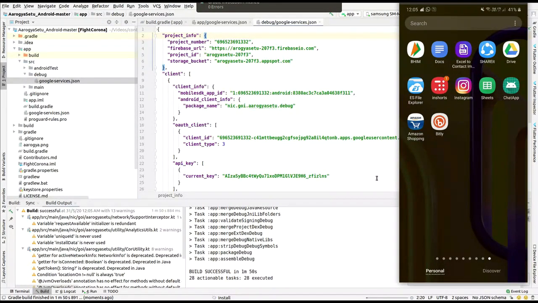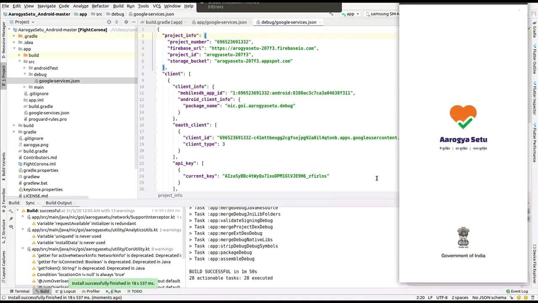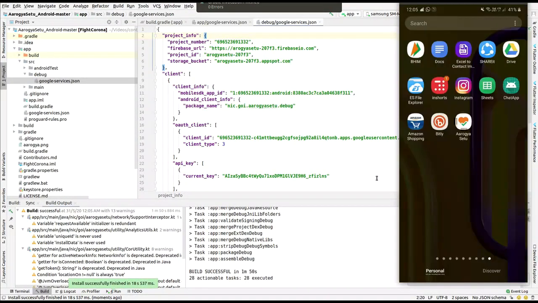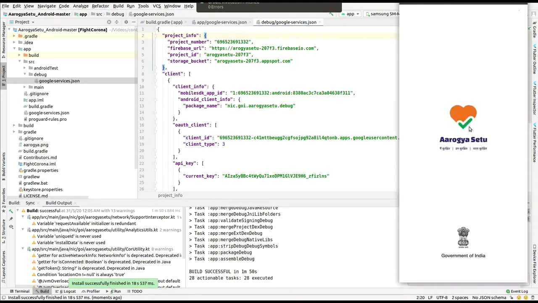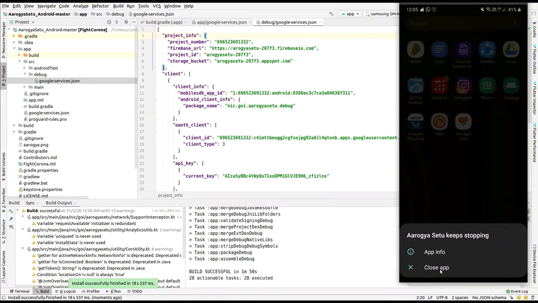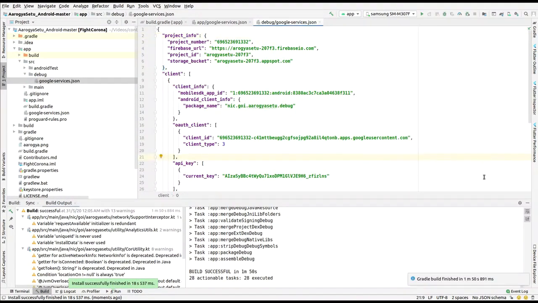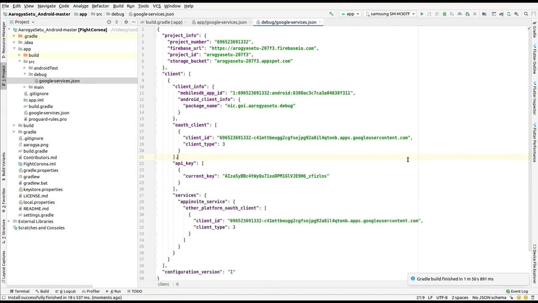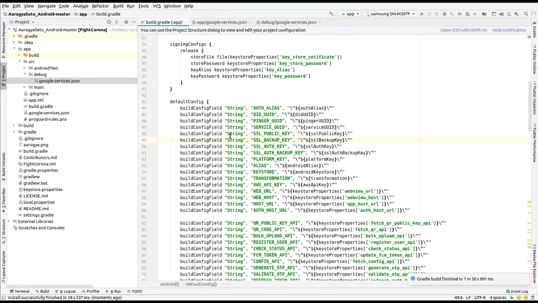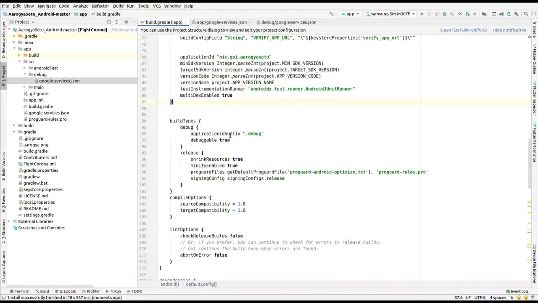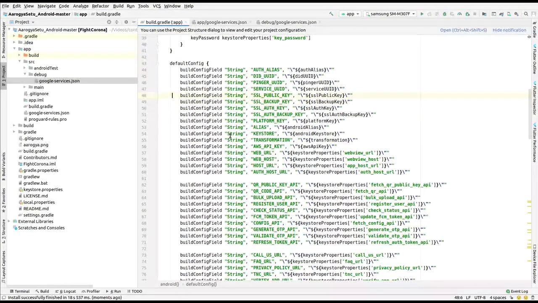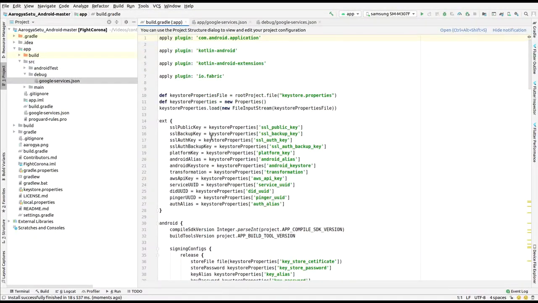The build is successful. Yeah, it has installed. Now see, yeah, the application crashed. I've already told you that the application will crash, and the reason behind this is some sort of configuration, the global configurations. The file that we have created, that is the keystore file, has some variables that are used as global variables for this project, and we have to give their values. And now the values are null and we have to give them dummy values.